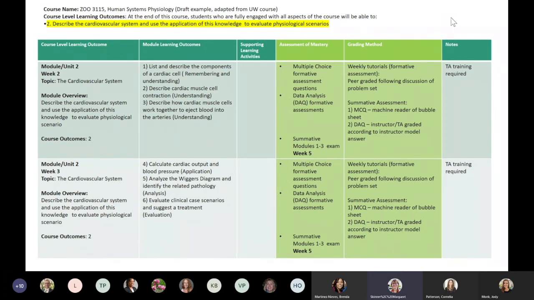So we had started with our course learning outcomes, broke them down into weekly module learning outcomes, thought about the formative assessments and how they were going to be graded, and then, if it's appropriate to your course, thinking about whether there's going to be some kind of summative assessment, or whether you're building up towards one big project or one big cumulative assessment at the end. That's entirely up to you, and it's entirely appropriate to your course and discipline.